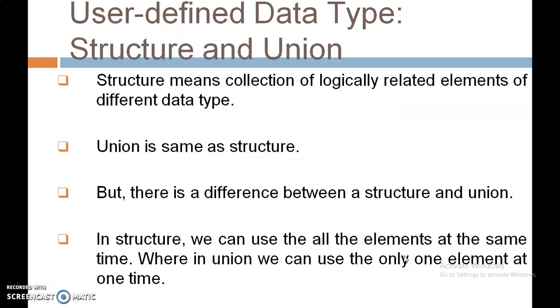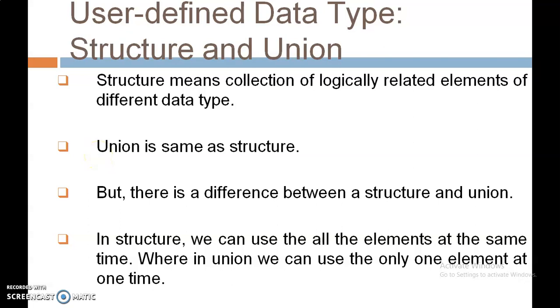So let's start with the user-defined data types. The first ones are structure and union. What is a structure? Structure means a collection of logically related elements of different data types. That means it is a collection of different variables of different data types. Union is similar to structures, as we all learned in C language.